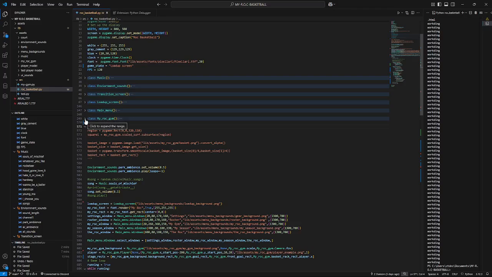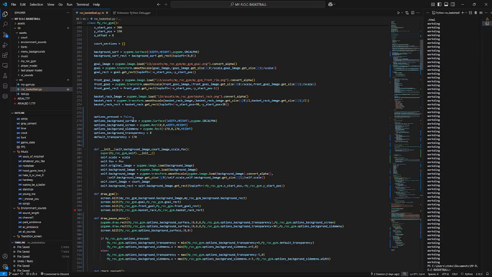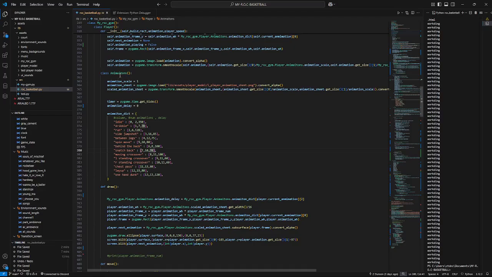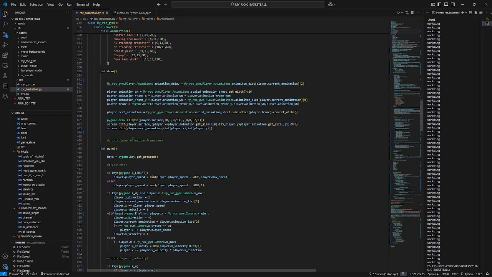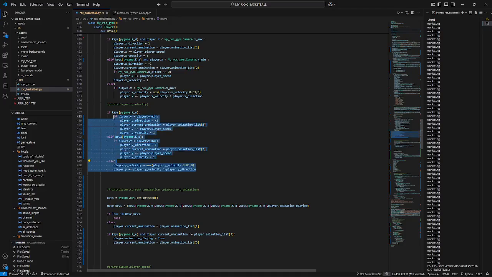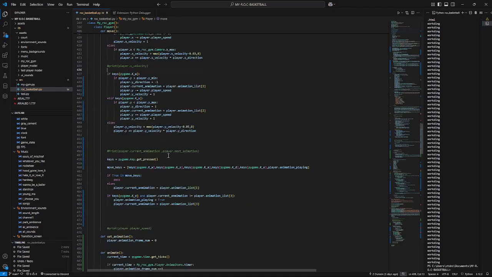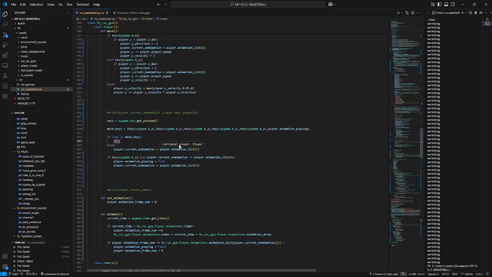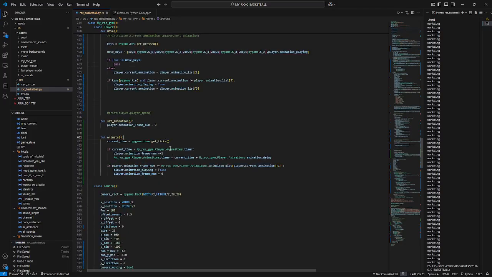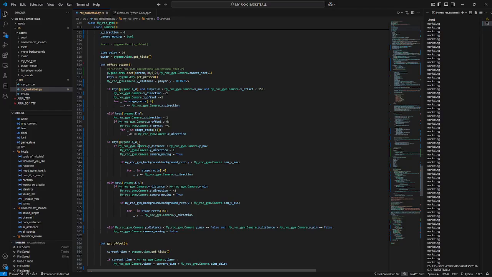I added some of the player animations as well as the camera. So I got my animation class right here. I got some of the animation states, as well as, I think like I said, the key movements for the different animations whenever you press them. Like for example, if you press E, you'll shoot, and I'll show you the example of it whenever I get to it. But I added that as well as the camera movement, so it's on the x-axis, the y-axis, and